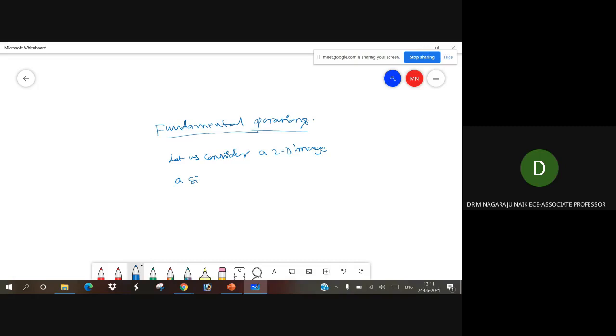A set operation. A set A is nothing but a point set A in any two-dimensional space, that is Z square.